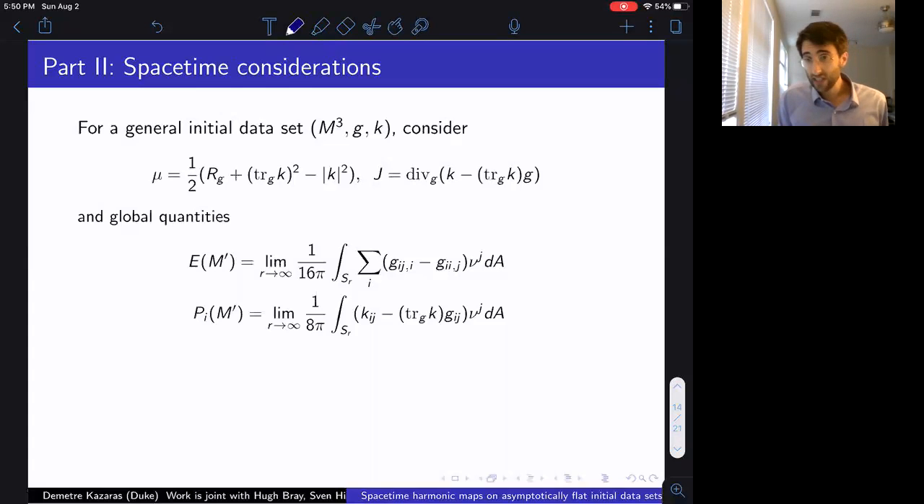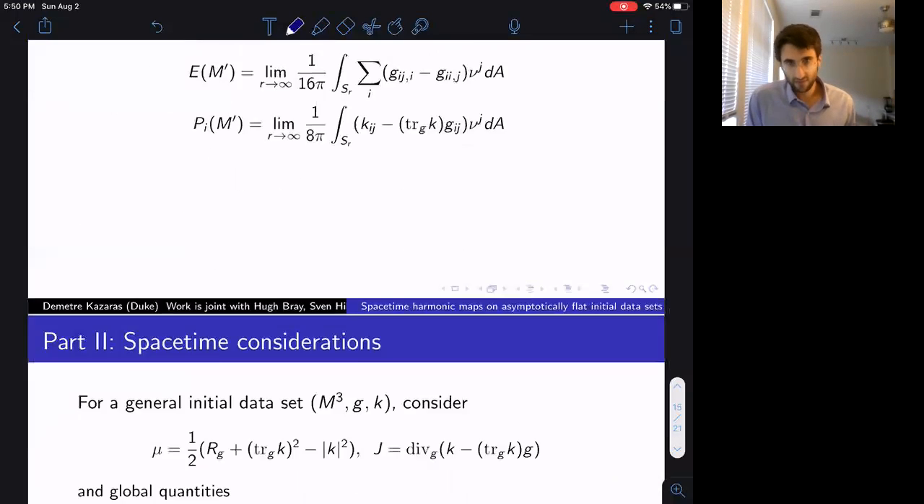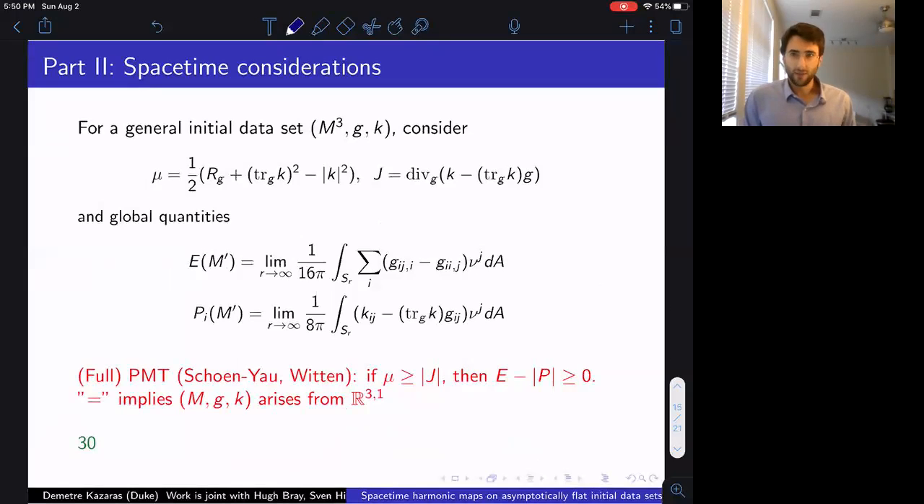But let's go on. So in this context, the physically reasonable conjecture is the following. You call it the full positive mass theorem. Originally proven by Schoen and Yau, and also later by Witten, depending on how you think about it, before or after. Anyway, in this context, if you have an initial data set with a non-zero second fundamental form K, and you have the dominant energy condition, again interpreted as something like non-negative local mass or energy density,